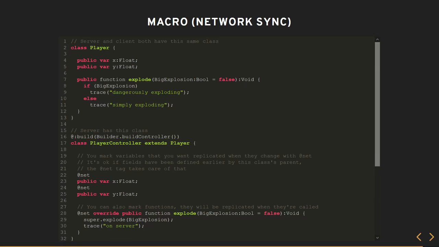All right. This is a bit of a more advanced use case. This is in the context of you're making a game and it has multiplayer. So you have to basically replicate state between client and server, like update the state of the game that's on the server and push that to the client.